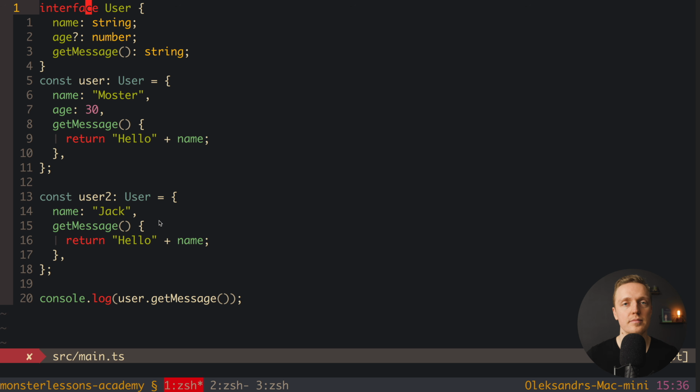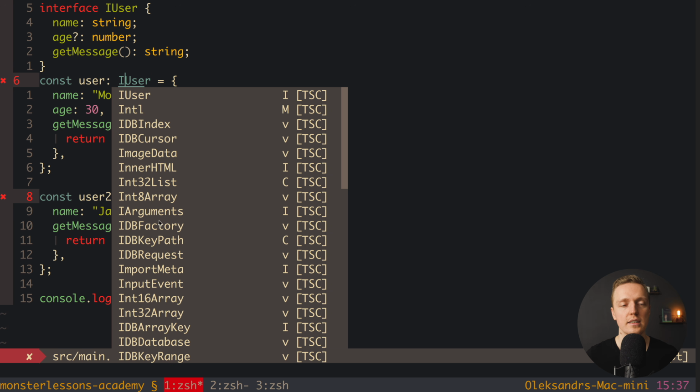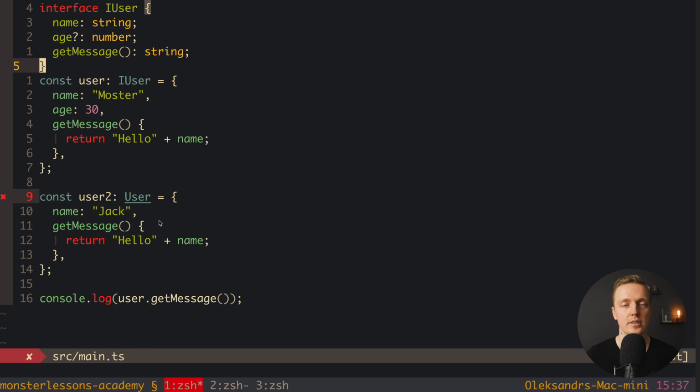This is why normally we want to name our interfaces somehow differently. Somehow we need to specify that this is exactly an interface and not a class. And there are two popular ways how we can do that. First of all, you can write an I letter at the beginning like a prefix, and this is IUser then. And in this case, this will be something like interface user. And now everywhere we are writing IUser. This is the first case.